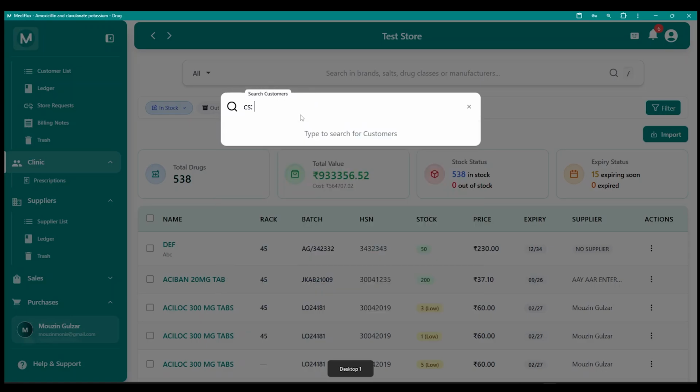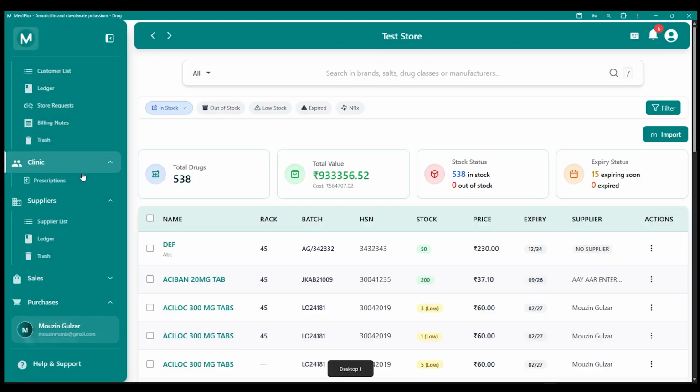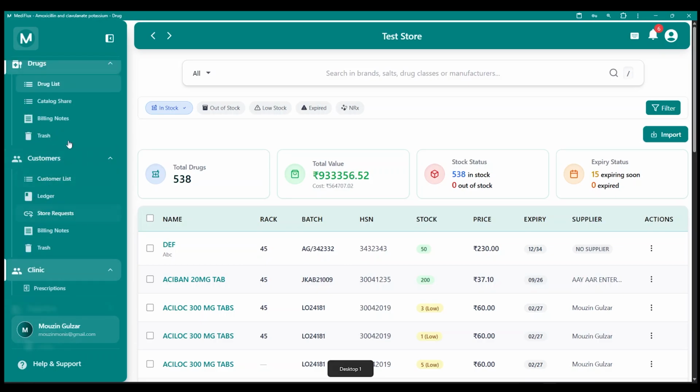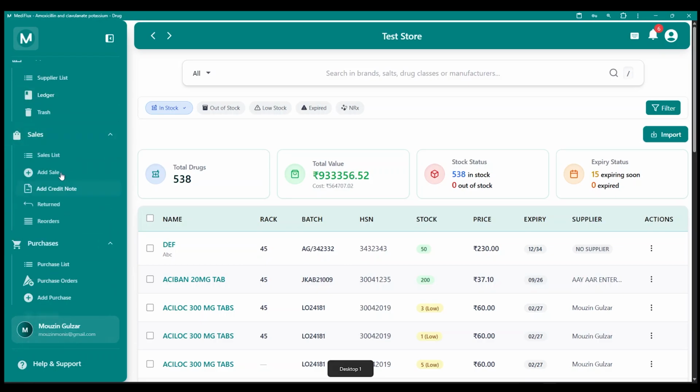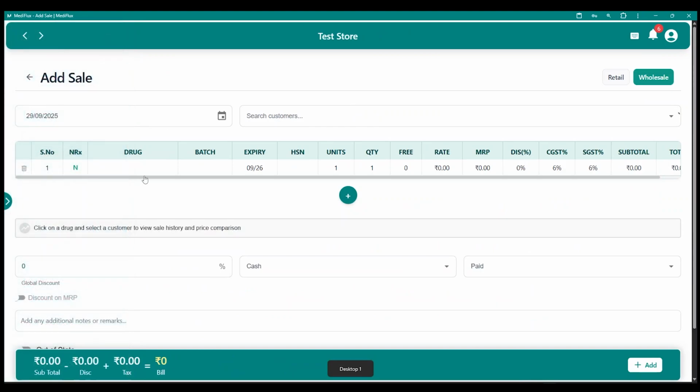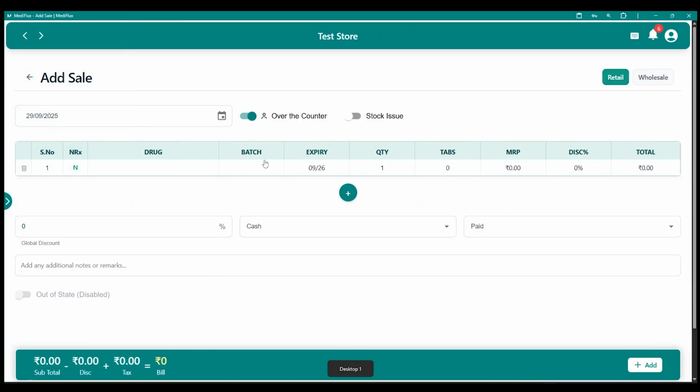Okay, say for example you are in a sale. I will show you some use cases of this. For example, you are making a sale, and some customer came to you and you have to sell to him. If he asks for a credit, if you want to see his existing balance